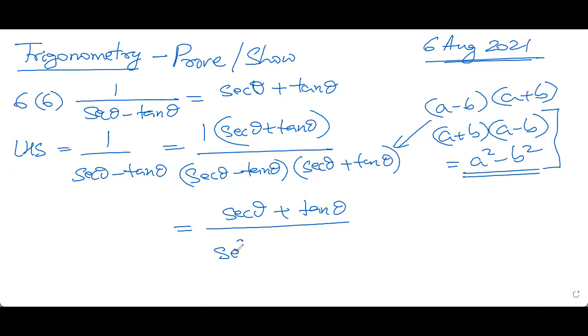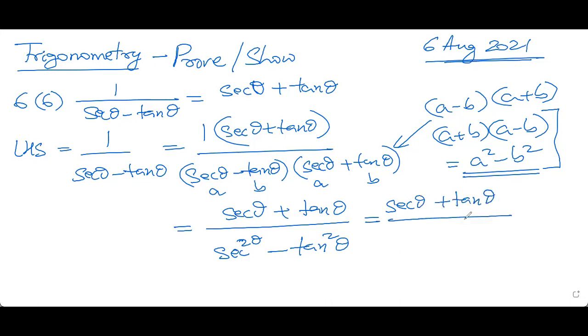sec square theta minus tan square theta, because this is a, this is b, this is a, this is b. I have to write a square minus b square. So sec square theta minus tan square theta. Now we are just one step away. Let us leave sec theta plus tan theta as it is. What can we write for sec square theta